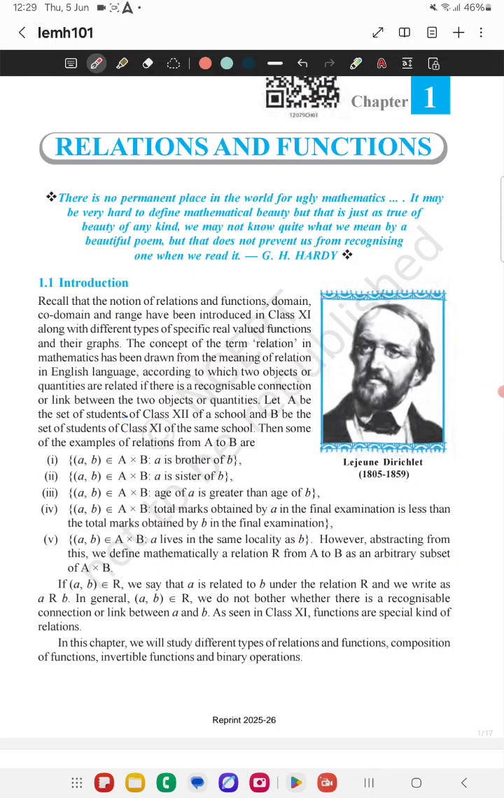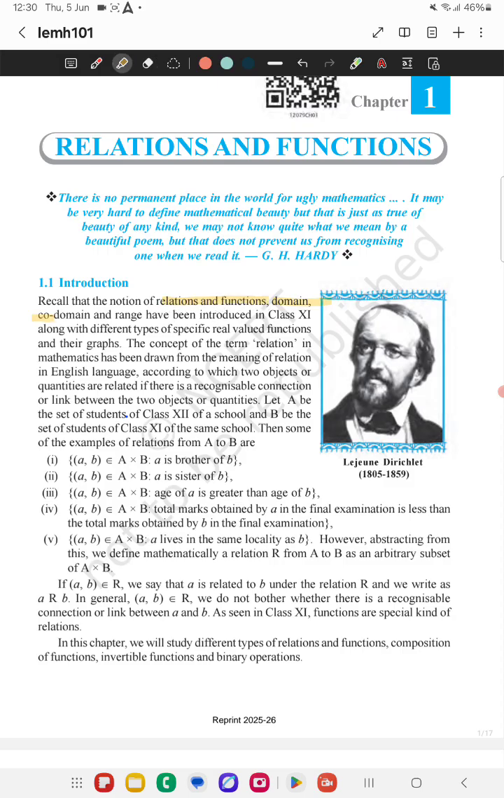So we will start with the first chapter of class 12, that is relation and function. We are very much aware of the terms relation and function, as we have discussed them in class 11th. So we will just recall the things that we have done in class 11th. Recall the notion of relation and function,